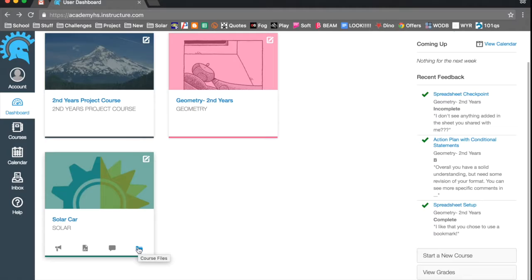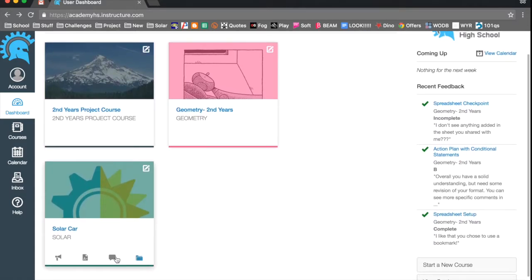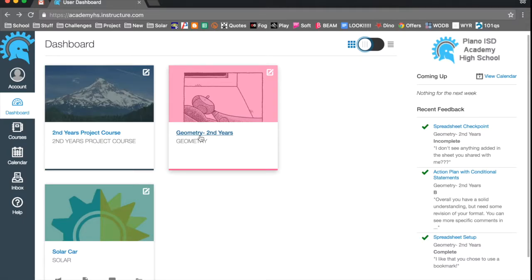I know you're thinking, well, shouldn't all classes have that? In our project classes, we want to make sure that you interact with the material in a way that fits with the project and will be most beneficial to you. So usually we have that set up on our home pages, and that's why you don't have the shortcut buttons on there. We want you to go to that home page. More on that later. Other thing you can do on your dashboard is if you look along the right hand